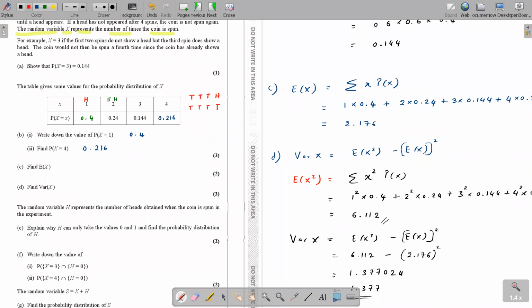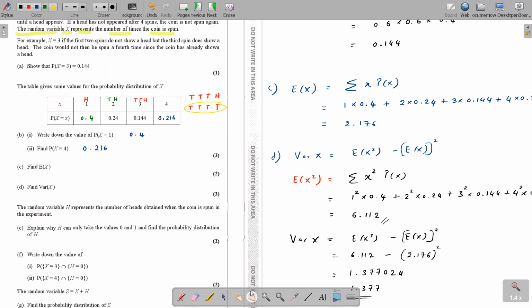X is 2 means you get tail head. Anyway, you get only one head. X is 3 means you get 2 tails and 1 head, right? So anyway, you get only one head. And for X is 4 only, you have two options, either 3 tails and a head or 4 tails. So in this one also h is 1. But in this particular part, the number of heads is 0. Do you get it? That's why there are two options.